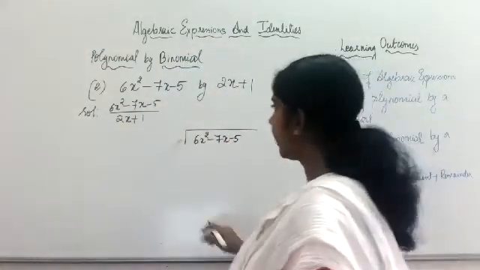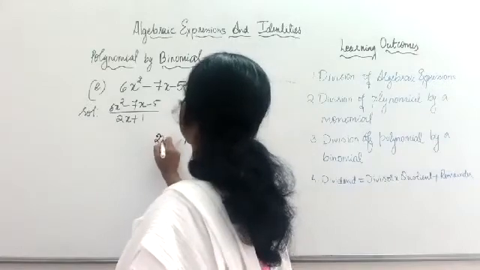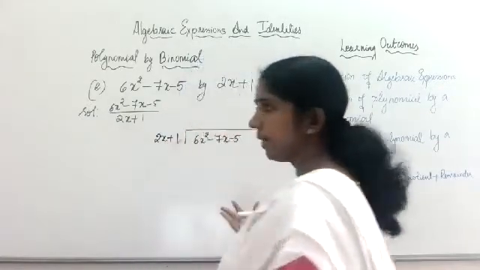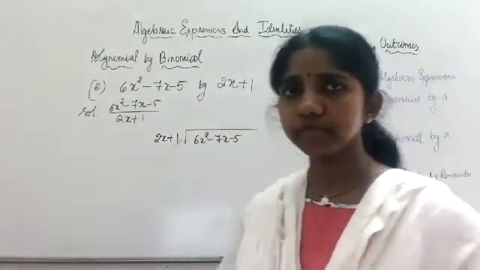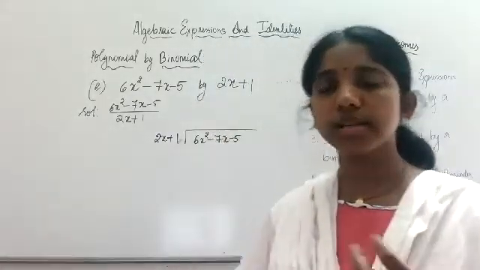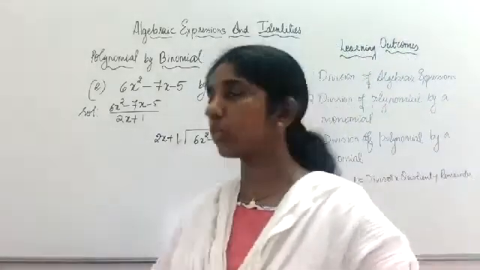So where do we write the divisor? Over here: 2x plus 1. Now we have written it, but how do we divide it? How do we start with the division? What you have to do is